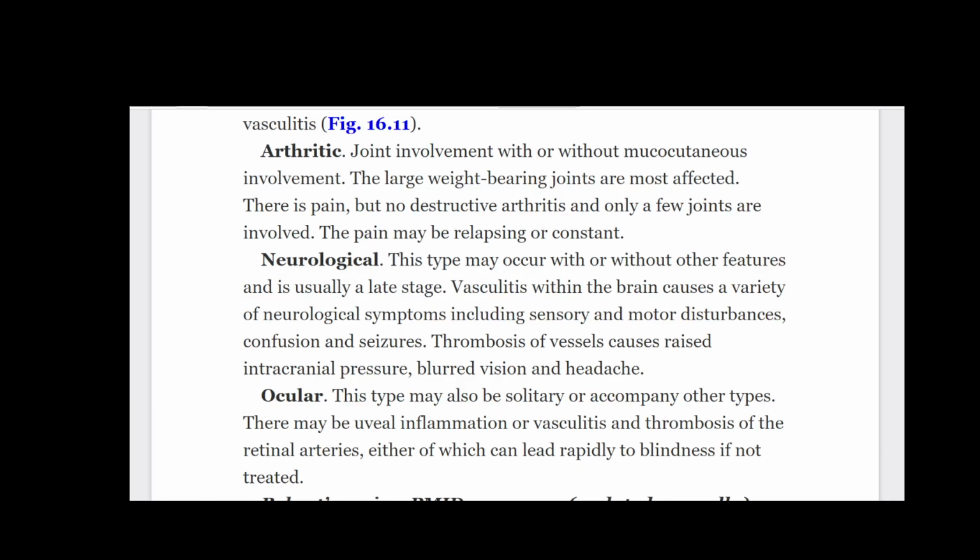Ocular. This type may also be solitary or accompany other types. There may be uveal inflammation or vasculitis and thrombosis of the retinal arteries, either of which can lead rapidly to blindness if not treated. Behçet's Review PMID 34524007, updated annually, and 34531393. Etiology. The etiology is unknown, but the disease has features including circulating immune complexes, high levels of cytokine secretion